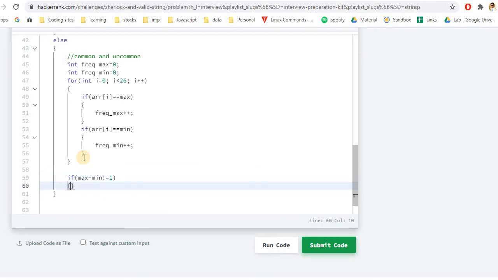If this is the case, we'll check what the minimum value is which occurred and how many times it occurred. So we'll check if the minimum is equal to 1 and the frequency for minimum is also 1 or not. This is the case where we discussed AA, BB and a single C. So in this case we want to print yes.